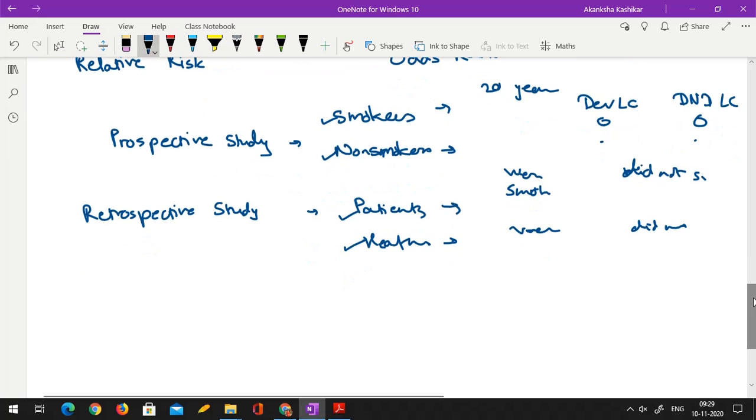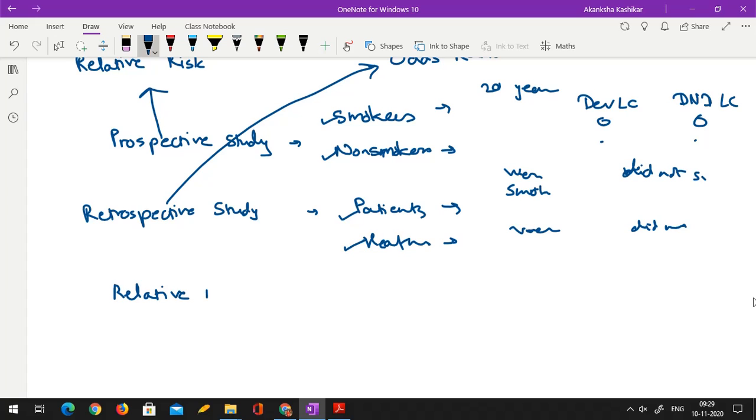So in a prospective study, generally one uses relative risk, and in a retrospective study, odds ratio. So what is relative risk? Relative risk quantifies what the chances are of developing a disease if you are a smoker. That means if you have a risk factor, how does your probability of developing that particular disease increase? So relative risk is computed